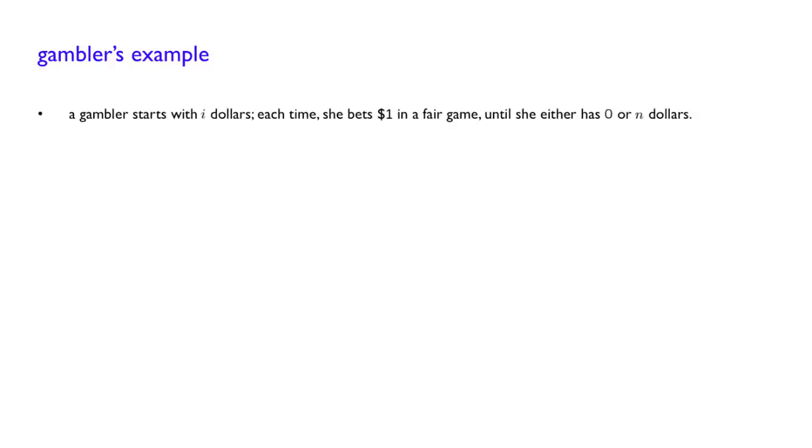In this last video, we illustrate how to use the techniques we have recently learned in order to answer some questions about the following classical problem. Consider a gambler putting a bet of $1 in a game that has a payoff of $1 if she wins. We assume that this is a fair game, so that the probability of winning $1 on each play of the game is 1/2, and so the probability of losing the bet is also 1/2.